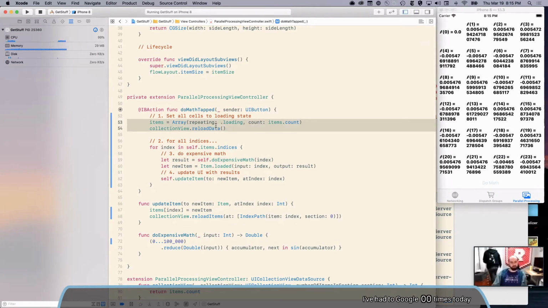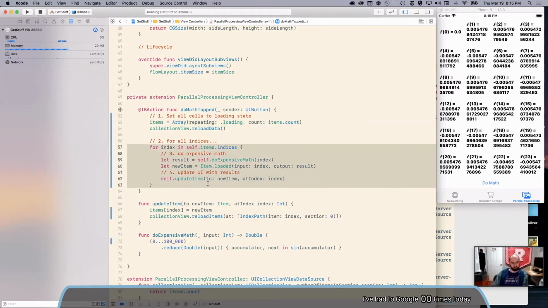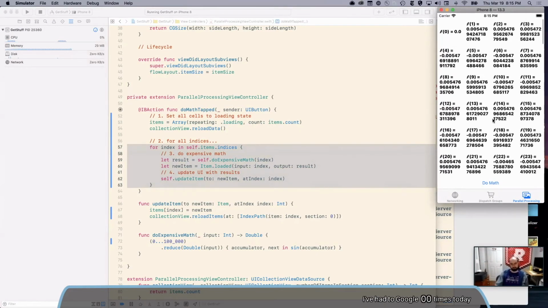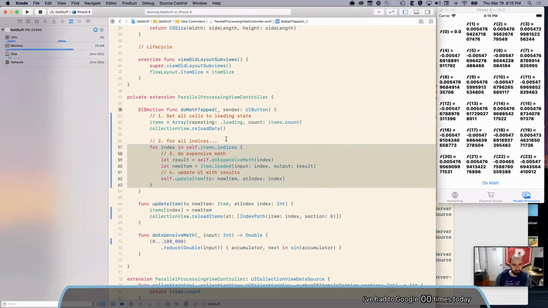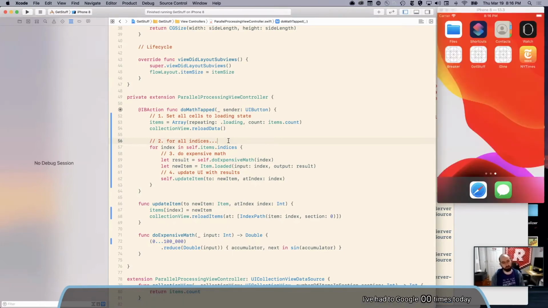But before it got a chance to start doing that, we immediately pegged the main thread. So we want to give it a chance to actually get into its loading state, and we want to do this stuff in the background. The way I'm going to do this is use dispatch queues. We've been using dispatch queues all along, but I'm going to use them in a bit of a new way, which is instead of using the main queue, I'm going to make my own queue.